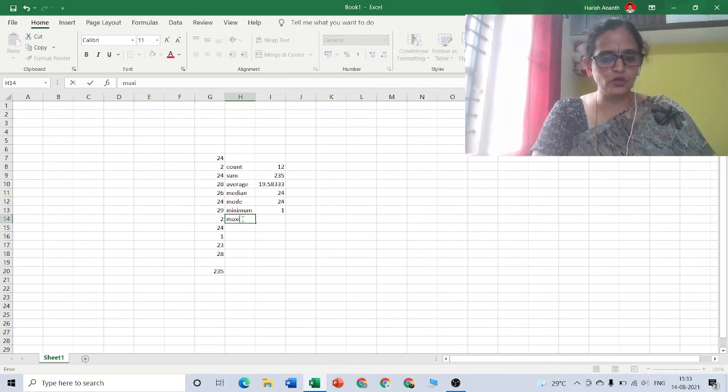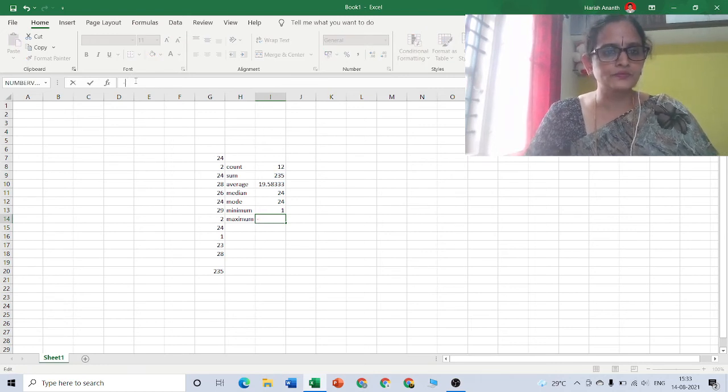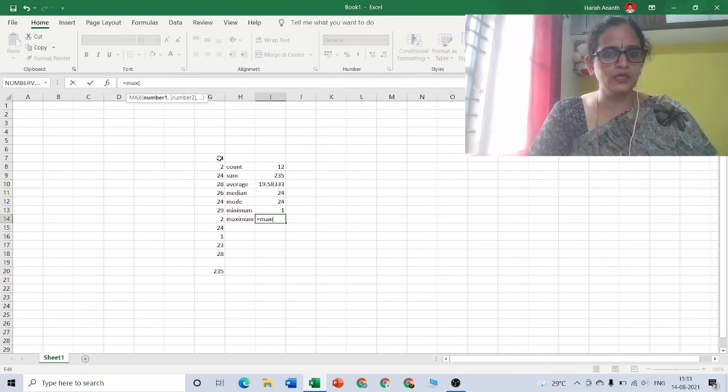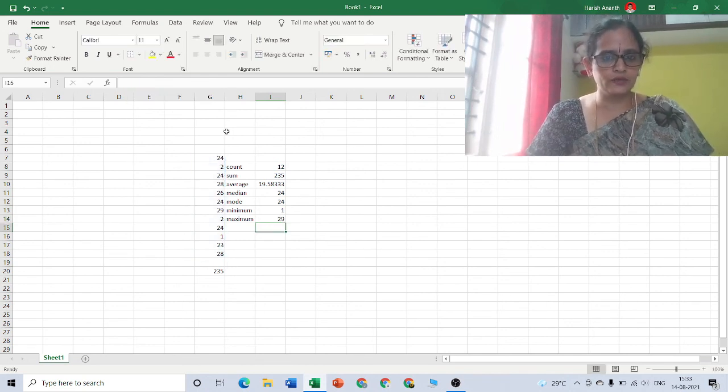Then to find out the maximum, you have to do it the same way. Equals max, open the bracket, select the array of scores, close the bracket, enter. 29 is the maximum score.